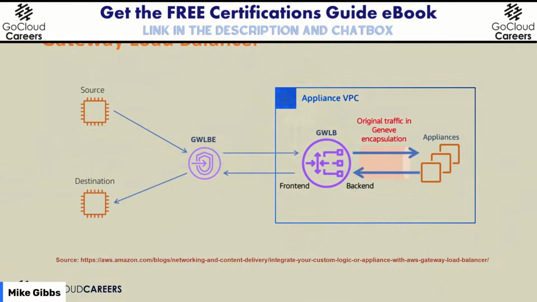You may have your load balancer here, and you may have people that are coming back and forth. And what you can see is this load balancer creates this little tunnel between this gateway load balancer and your appliance. It uses something AWS calls a Geneve encapsulation. For any of you that are used to GRE tunnels, that generic routing encapsulation method, where basically you tunnel something across an IP network, that's what we're really talking about.